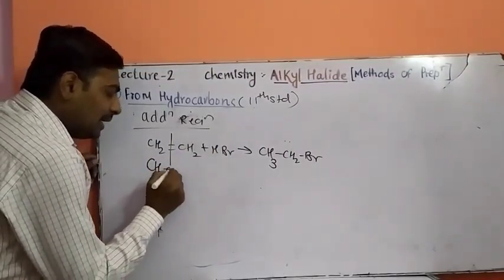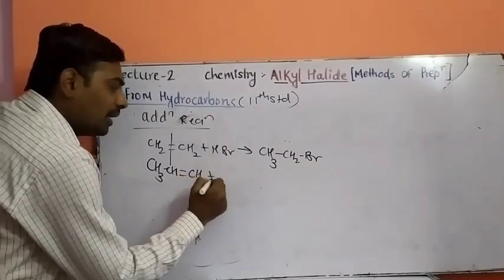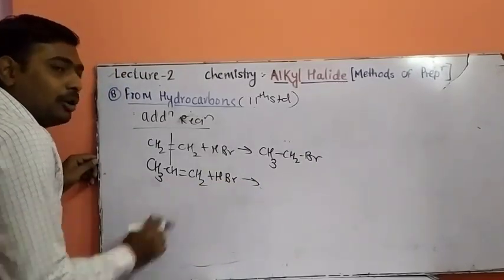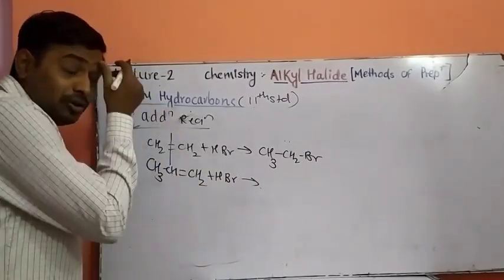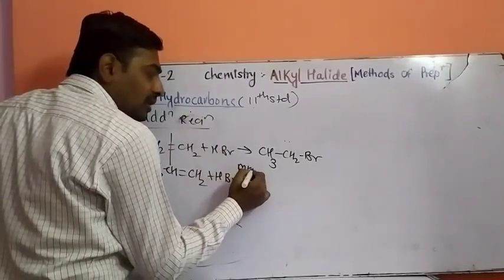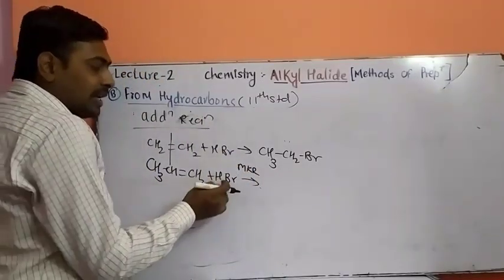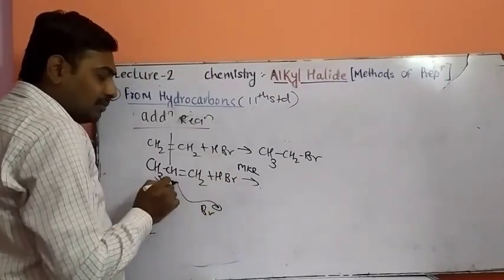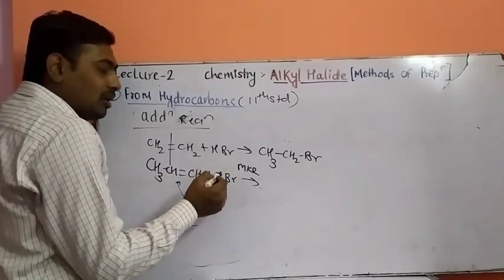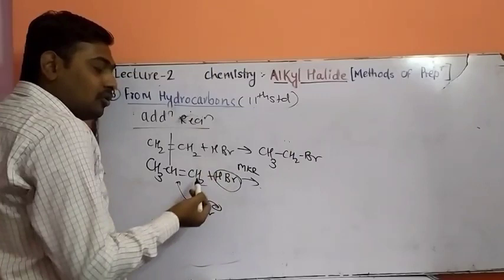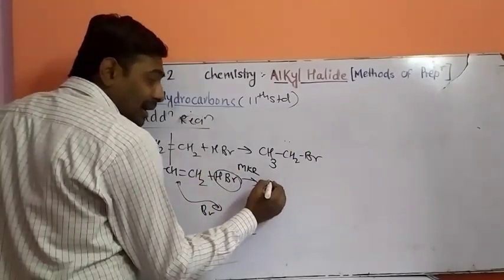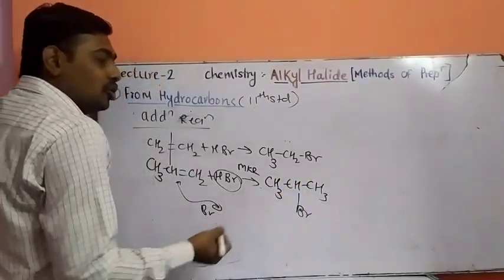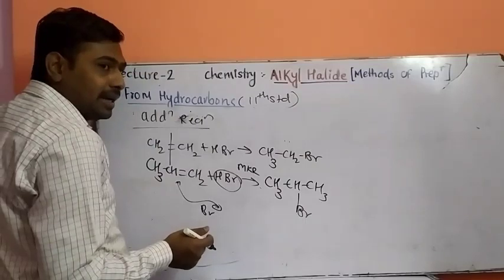But when the molecule is unsymmetrical, like propene, which we already studied in standard 11, when HBr is reacted with propene, which is an unsymmetrical molecule, which rule do we have to use? We have to use Markovnikov's rule. What is Markovnikov's rule? The negative part of the reagent goes to that carbon atom which contains fewer hydrogen atoms, and the positive part of the molecule, that is H plus, goes to the carbon atom containing more hydrogen atoms. So what will we get? CH3CHBrCH3, 2-bromopropane as a main product by the addition reaction.